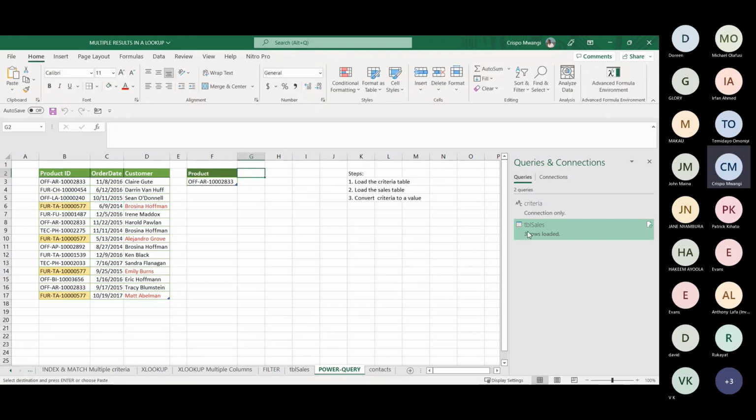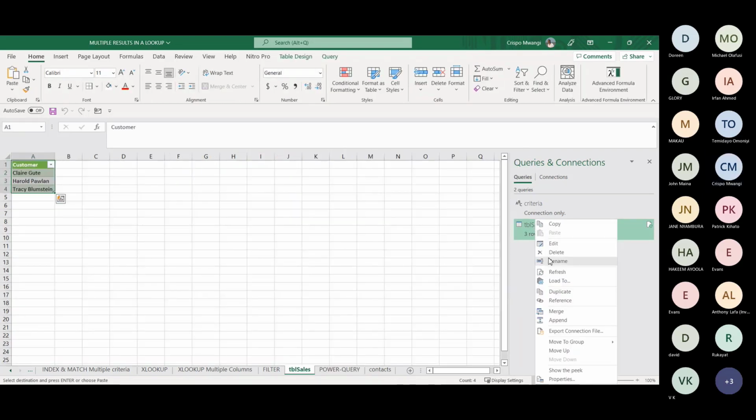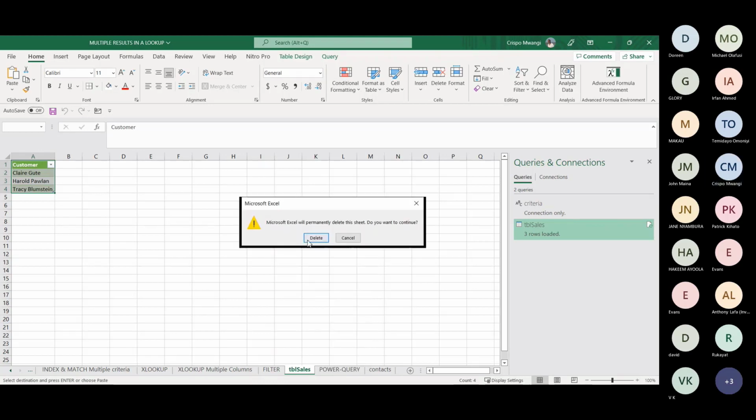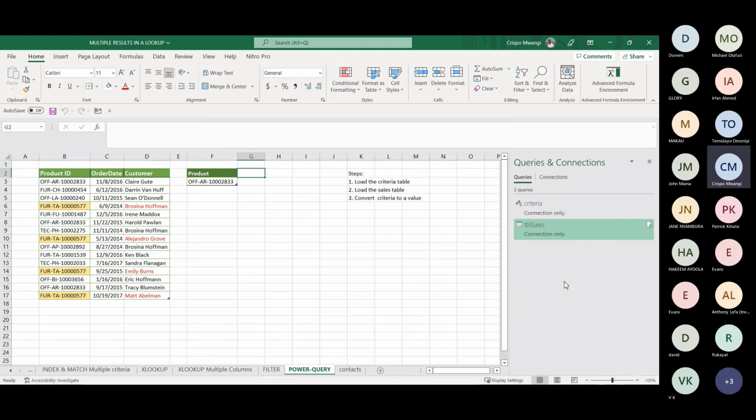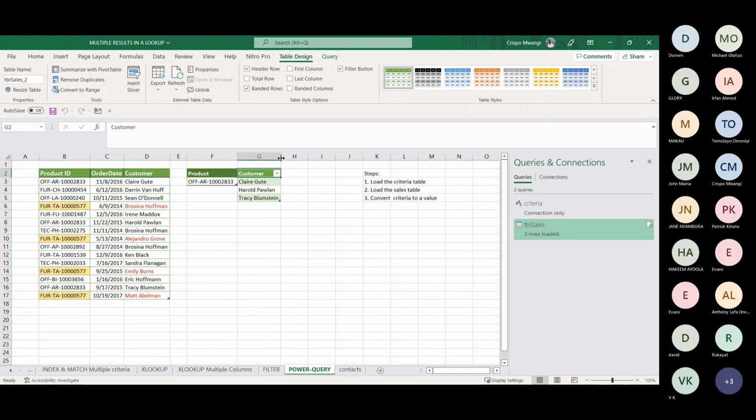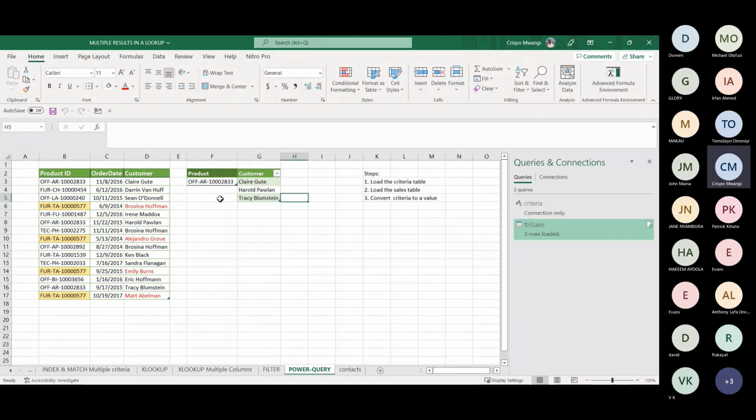You can come and load it here. Just right click and load to. So right click and load to. Load to as a table, and then load into an existing worksheet, and you can select where you want to load it to, and that's it. So now if you want to change and you want to see, for example, all these people,